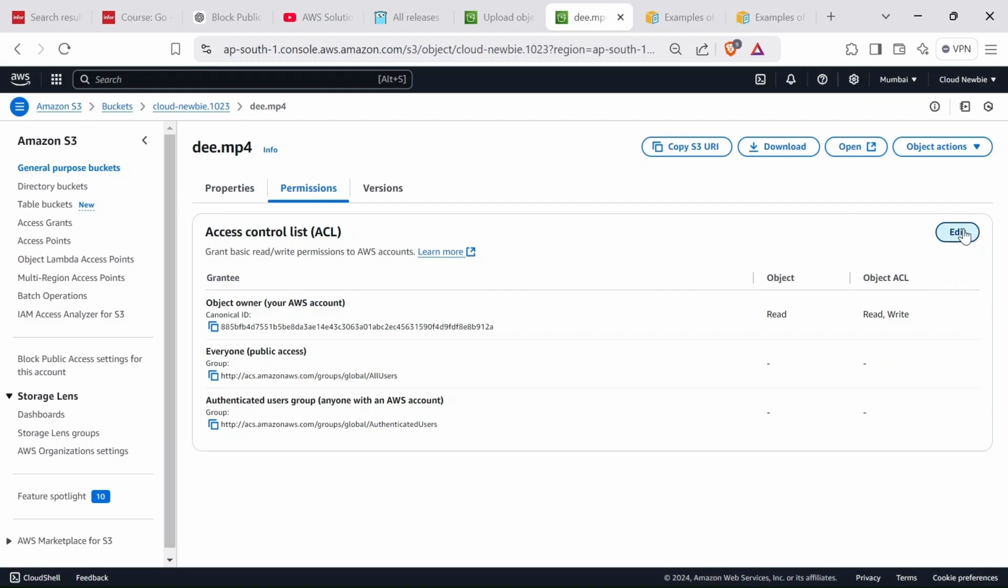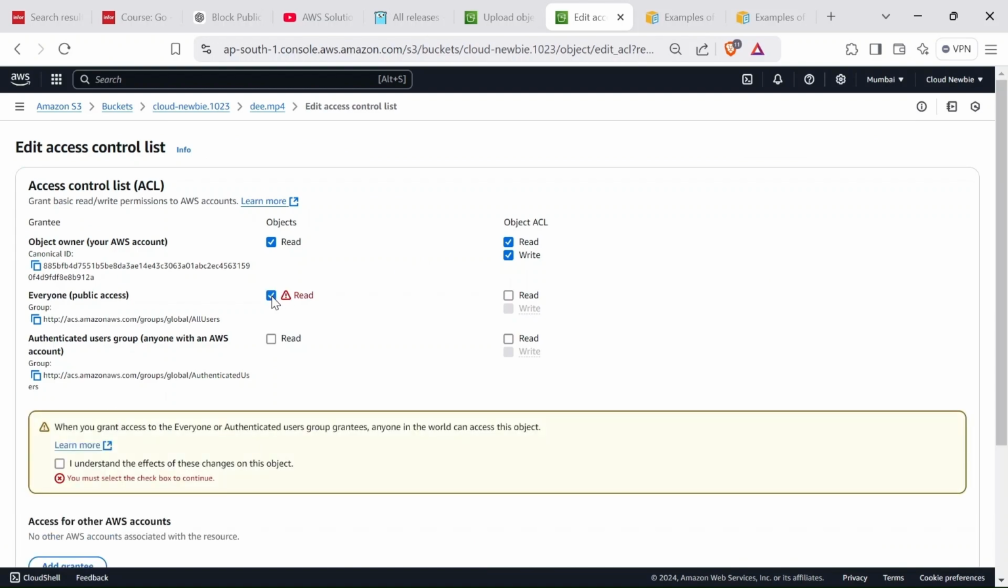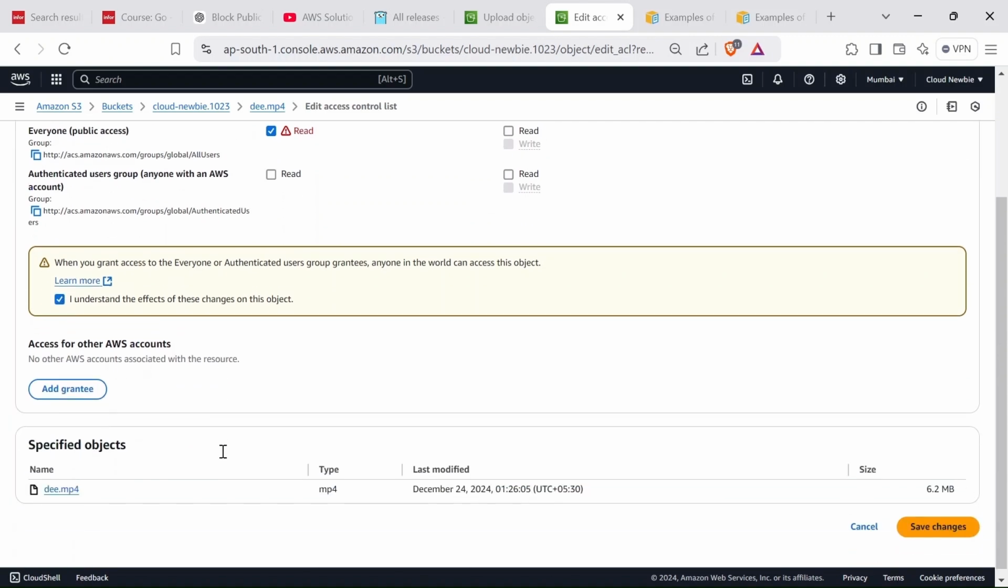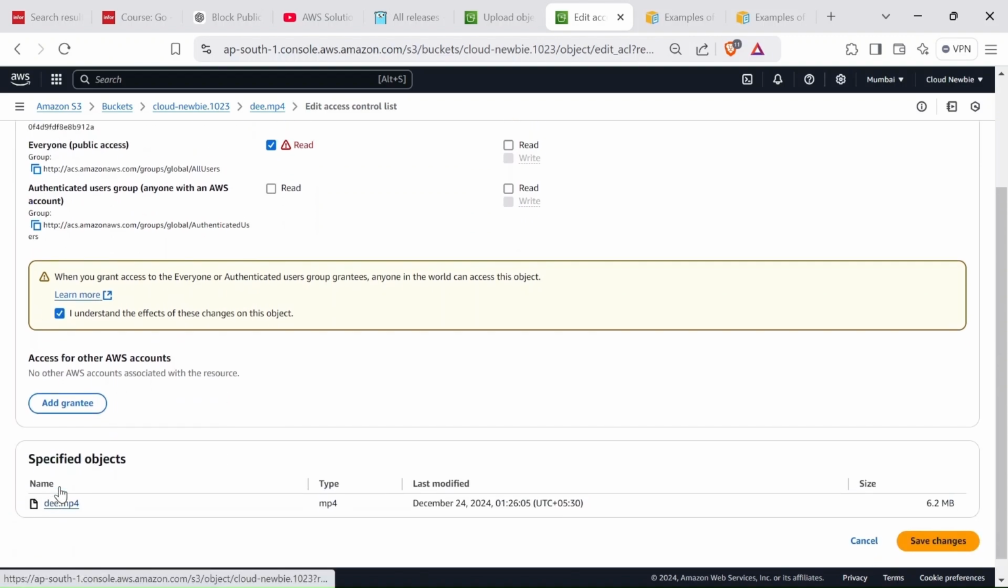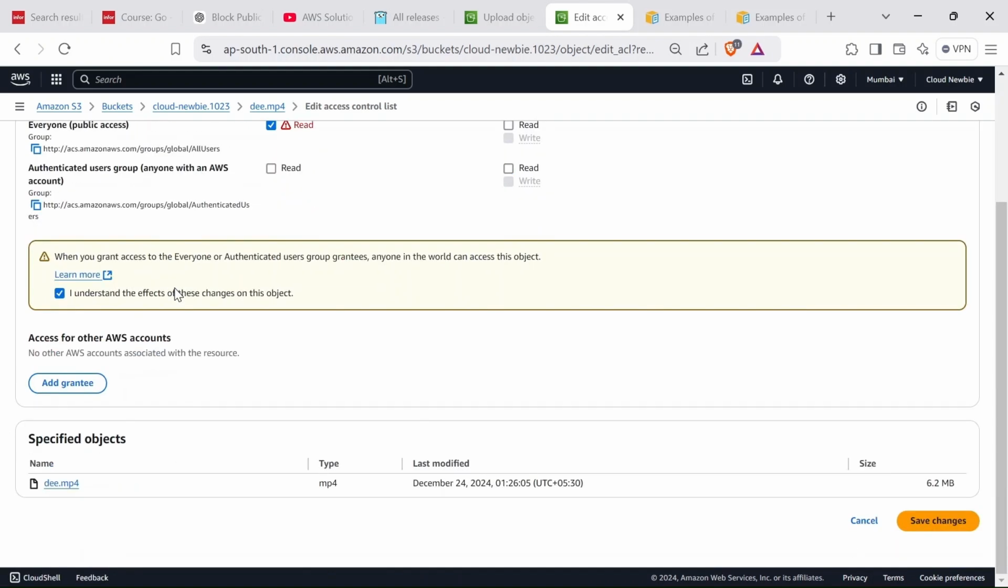I'll hit this permissions again. I'll click on this edit to edit the object level ACLs. Look, the message and the grayed out part are gone. Now I can give permissions. When I check this box, it means I'm allowing everyone on the internet to access this object. I'll click on this checkbox. There is an object name mentioned here. When I click save changes,